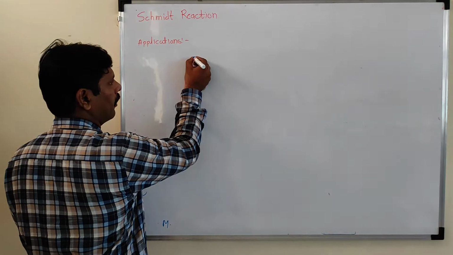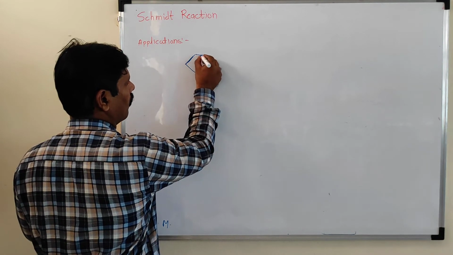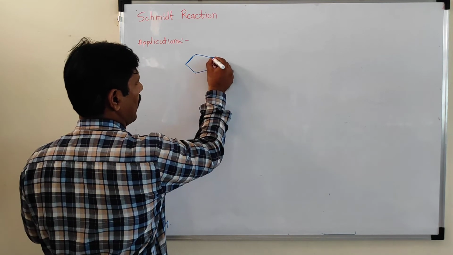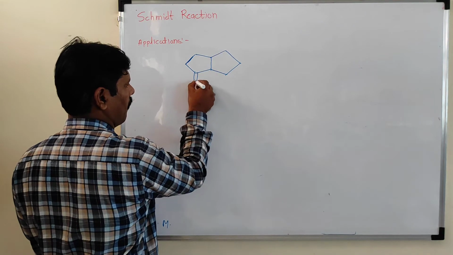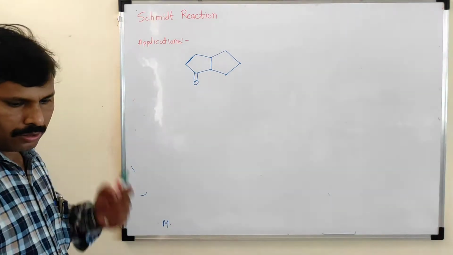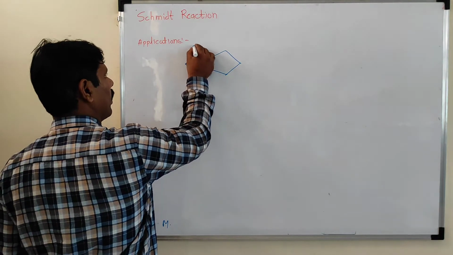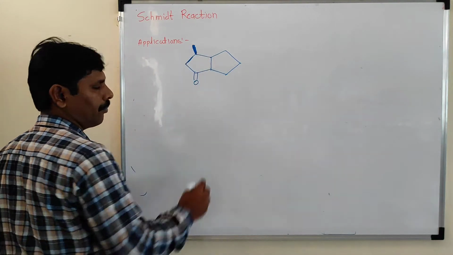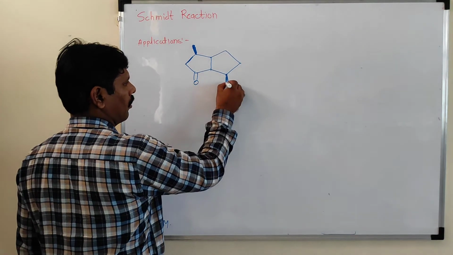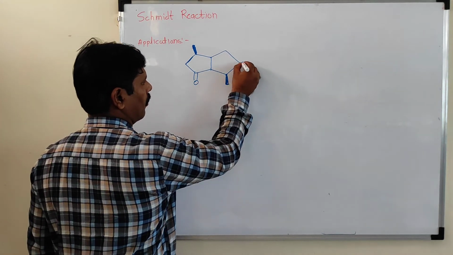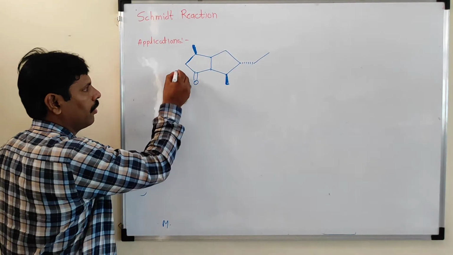Suppose that two ring containing, that is the bicyclo compound, that bicyclo compound here and here, if in the presence of